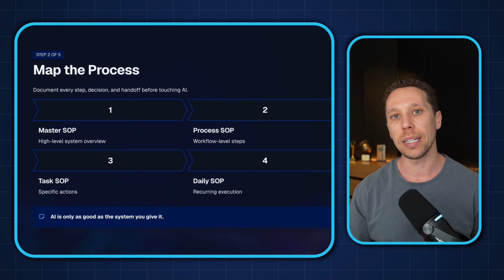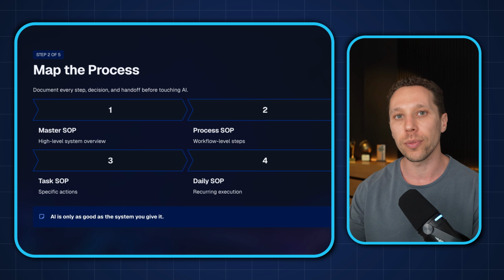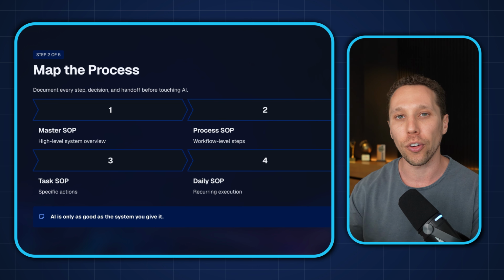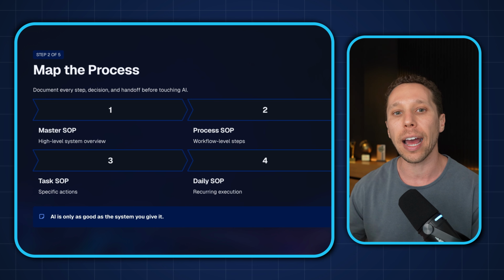Now these SOPs can be as simple as me taking a Loom video, recording it, grabbing the transcription, putting it into any tool of your choice, and then asking it to turn it into an SOP. Now we do have a template. So typically what I do is I take that template and put it in there and say, hey, morph this into my template. So again, down below for free, we have the SOP template,